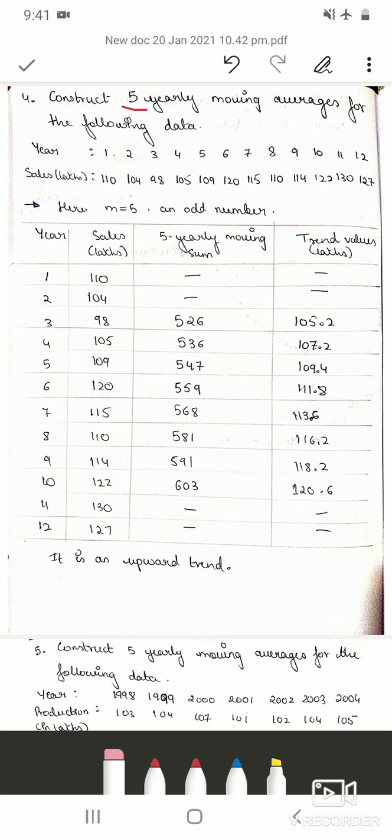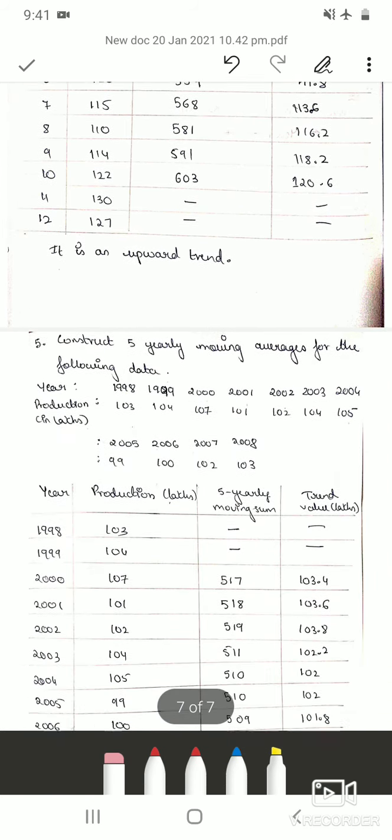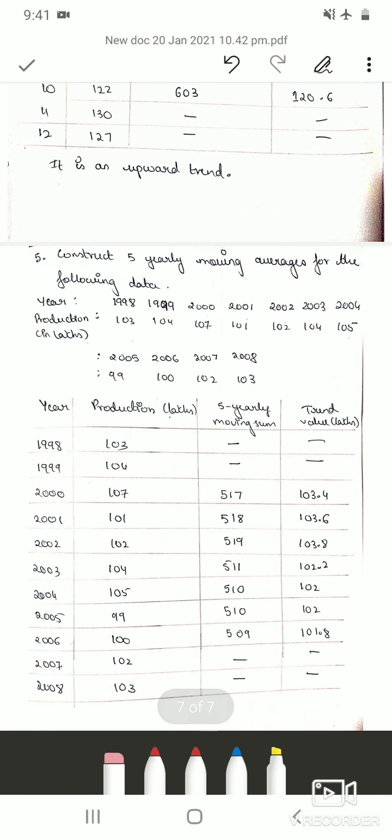Just like we had seen in the third problem. Now let us calculate another problem based on 5 yearly moving averages. The question is, construct 5 yearly moving averages for the following data. The data is year and production in lakhs. The year values are from 1998 to 2008, and the corresponding production in lakhs is 103, 104 up to